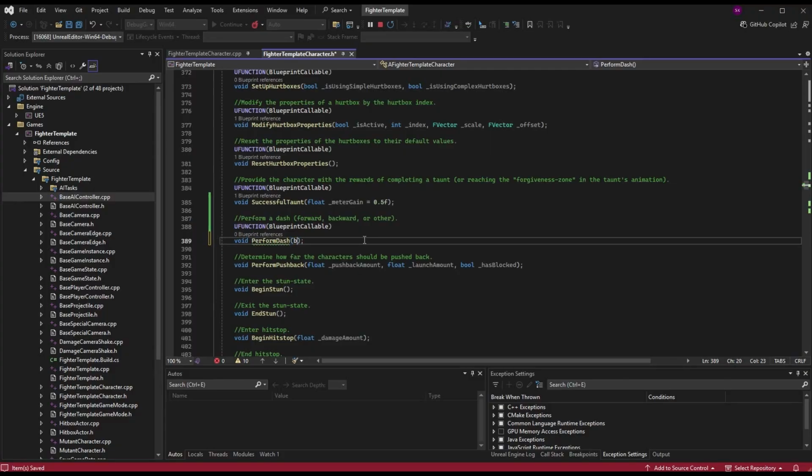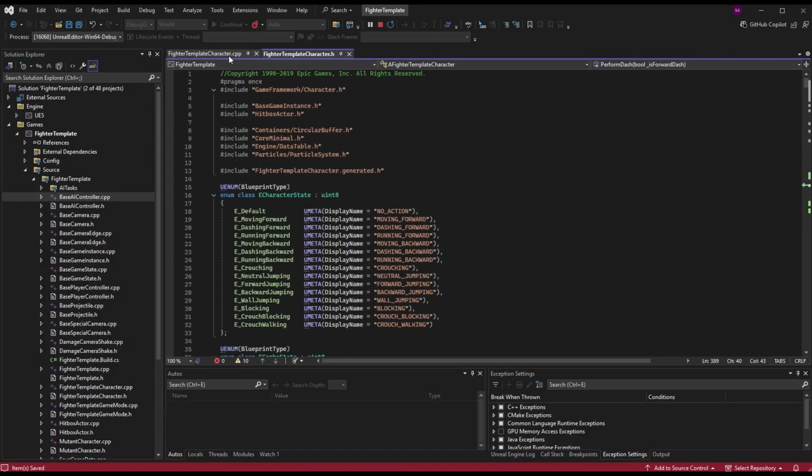And in this case, what we will do is just have a Boolean for if it's forward or backward. So bool bIsForwardDash. If it's a forward dash, we'll apply the forward dash movement. If this is false, we will apply the backward dash movement. Simple enough. Now, when we're ready, we can go ahead and go to the FighterTemplateCharacter.cpp, and I'll go